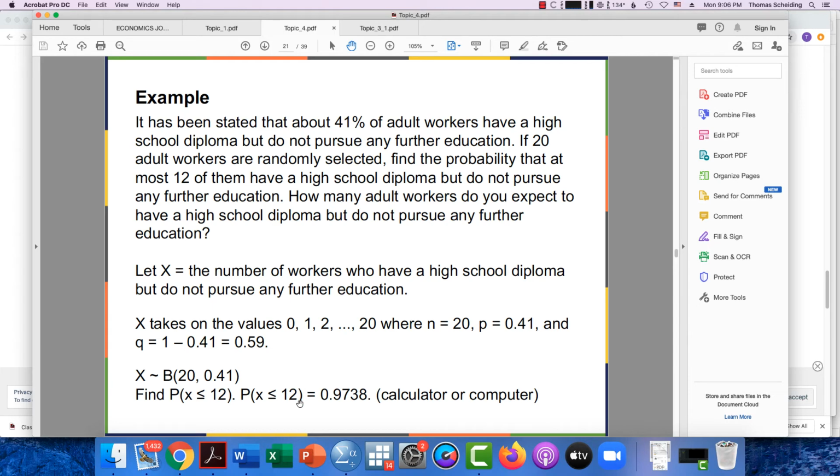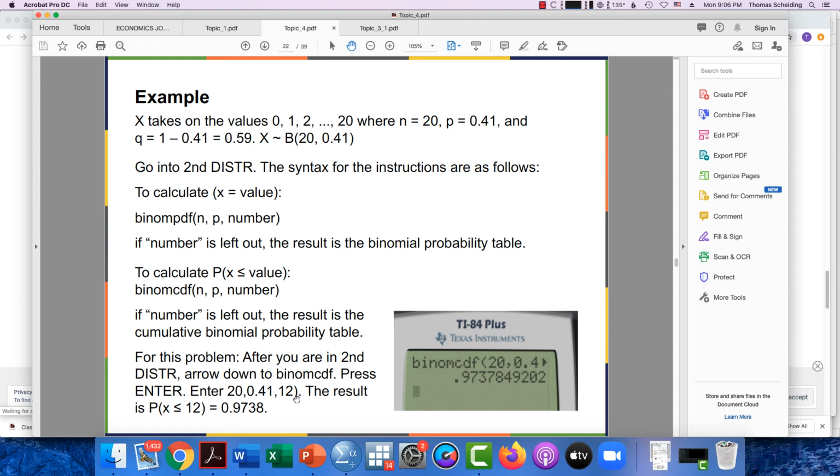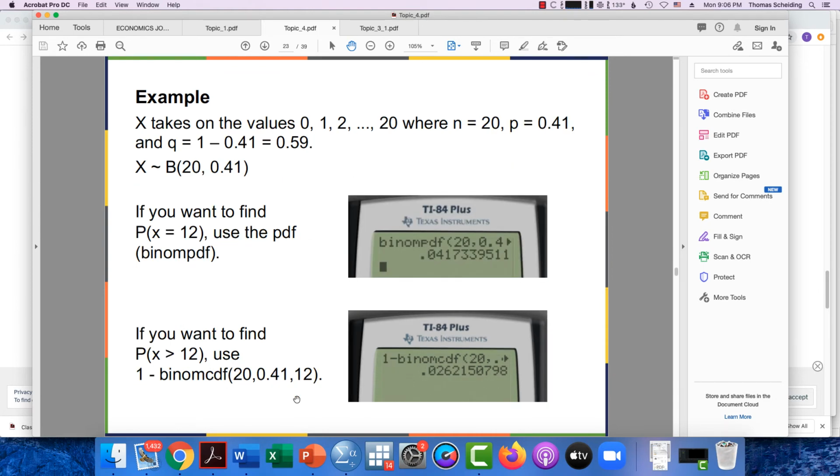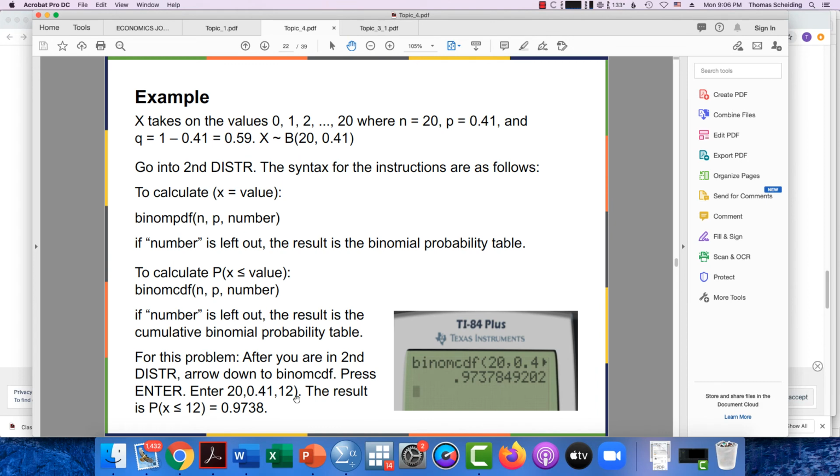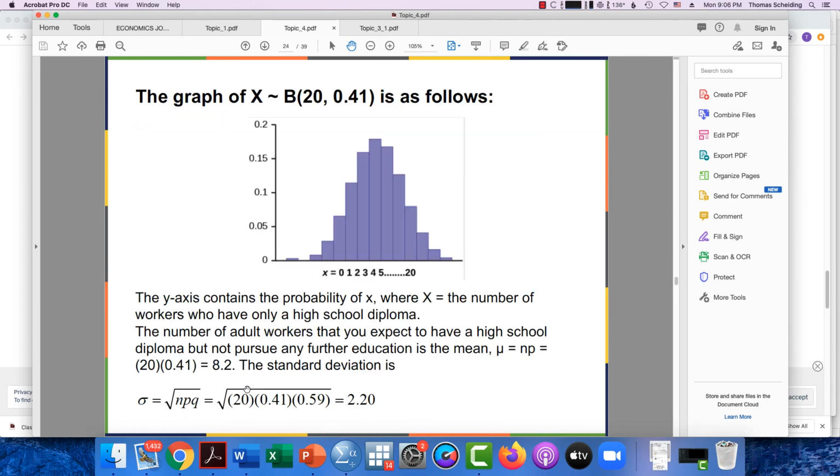Not too surprising if the average already is 41% of the event happening. Don't worry about this here. Again, we're not doing this by calculator. In terms of what this looks like once we know the value here of the 0.9738,